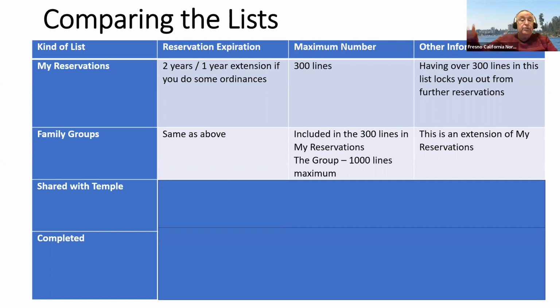Even if you put 100 over in the family group category, those 100 still count as part of your My Reservations. And the group is limited to having 1,000 lines. And then as time goes, if the people don't use up those names, then when the clock hits the 2-year mark, they will then become shared with the temple. So that's basically what's happening there.